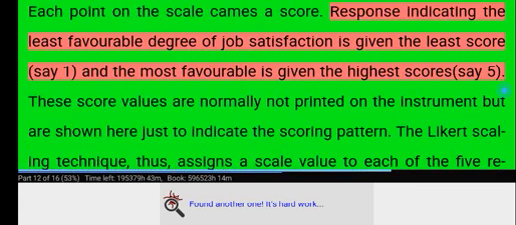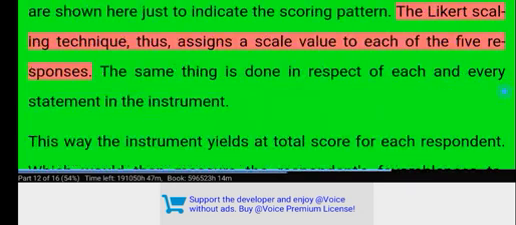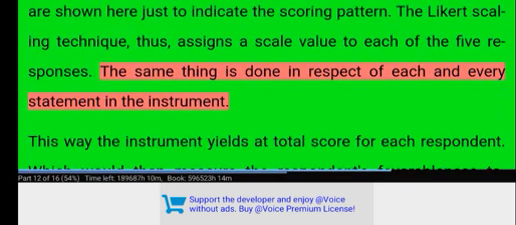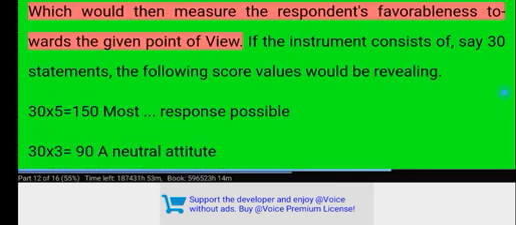Response indicating the least favorable degree of job satisfaction is given the least score, say 1, and the most favorable is given the highest score, say 5. These score values are normally not printed on the instrument but are shown here just to indicate the scoring pattern. The Likert scaling technique, thus, assigns a scale value to each of the 5 responses. The same thing is done in respect of each and every statement in the instrument. This way the instrument yields a total score for each respondent, which would then measure the respondent's favorableness towards the